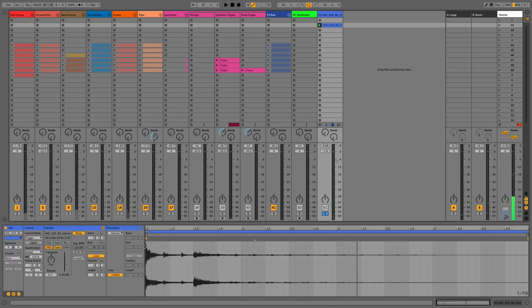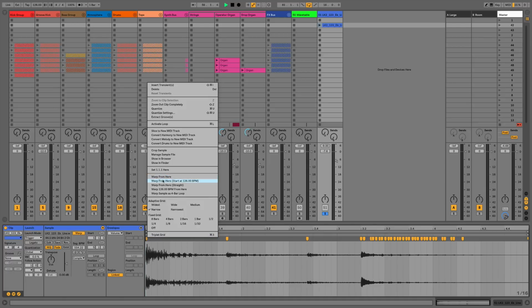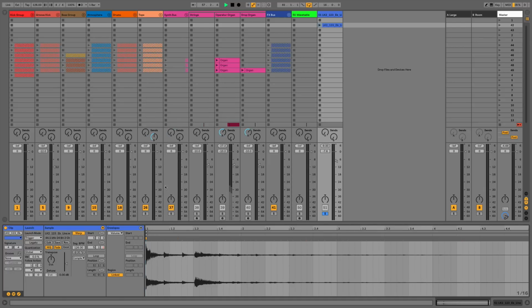And what we can also do is we can actually just warp this individual sample, and warp mode is automatically turned on in most cases, and then all we have to do is just drag this and we can move it elsewhere. We've got different warp engines which is going to affect the sound slightly differently, which Logic has a very similar function as well. And what we can also do is we can drop warp markers wherever we want, or we could just select the sample. If it was a loop that had obvious transients, we could get it to warp itself roughly how it thinks it should be warped.